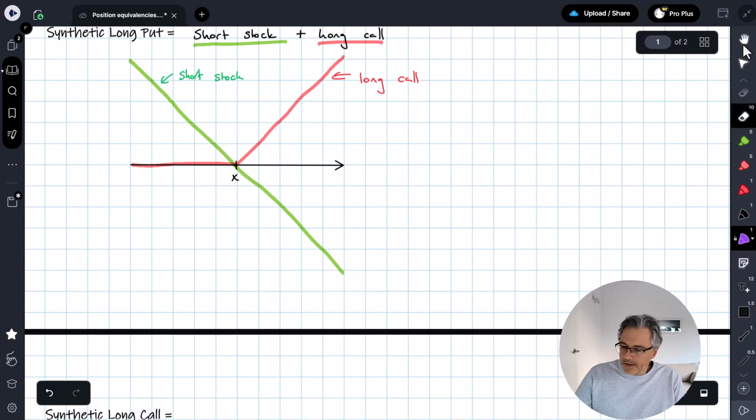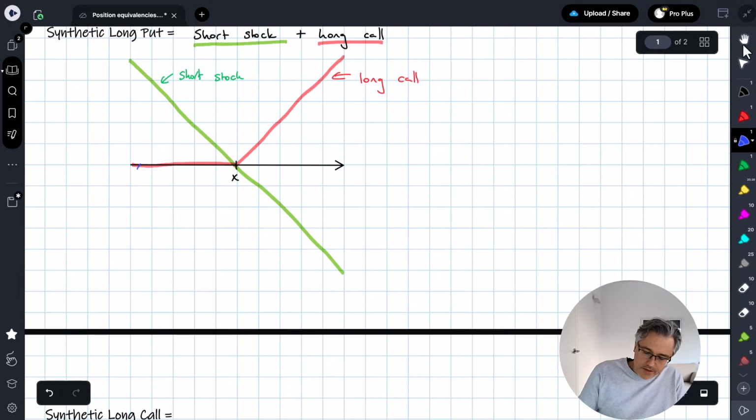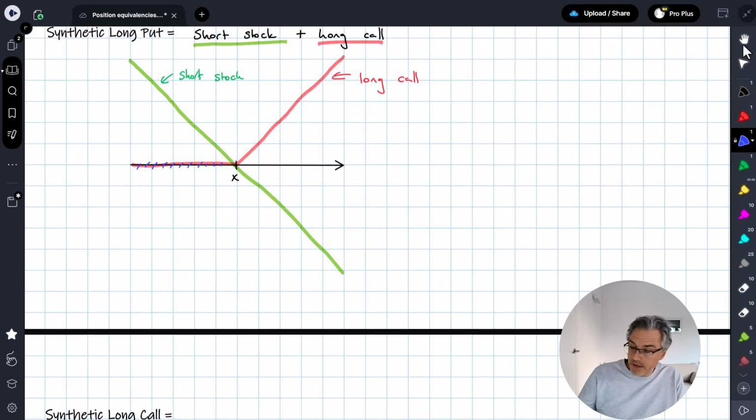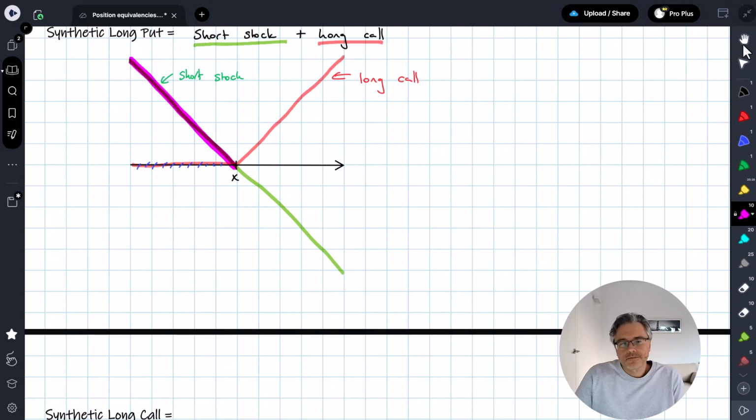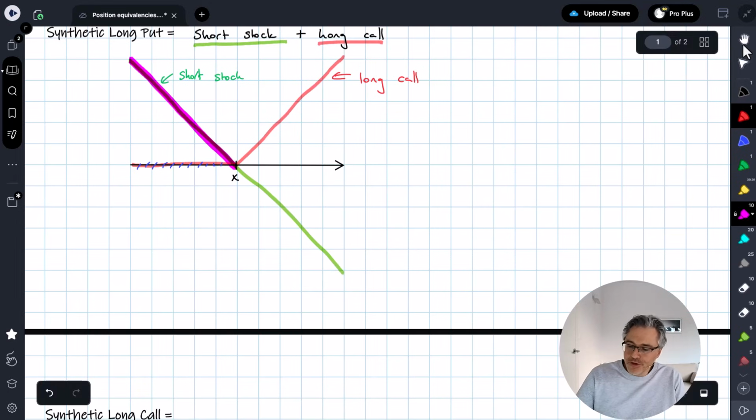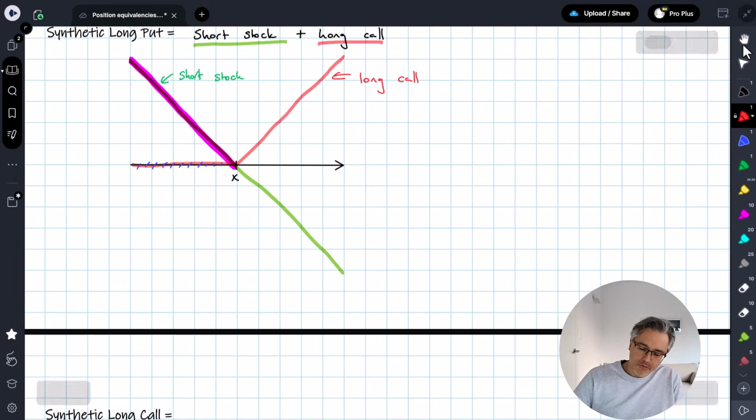once again, a redundant kind of leg to the left standing at 0, so doing absolutely nothing, collapsing to 0, in which case this is what remains to the left-hand side of X, and to the right-hand side of X we've got a classic options outcome, where one option, the red one, the long call, is working upwards at a 45-degree angle, but the